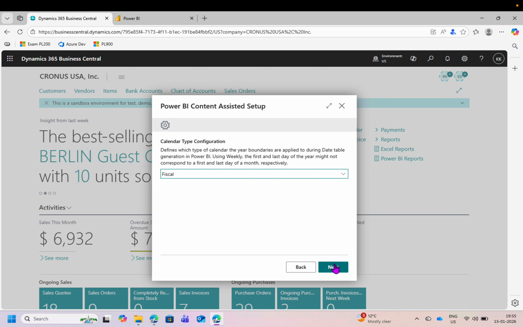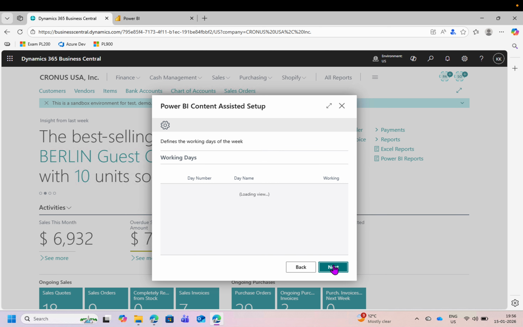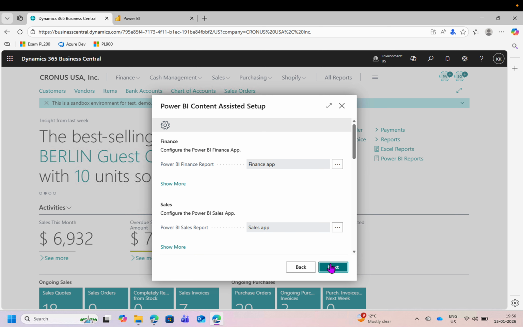I'll select this default one. Click on Next. Currently the date table range is showing this one, so I'll keep it. No worry, you can also change it here, and then I will show you one setup of a Power BI report through which we can also change things. So let's click on Next, and now it is asking us to set up the working days. Of course, I'll click on Next, and now here